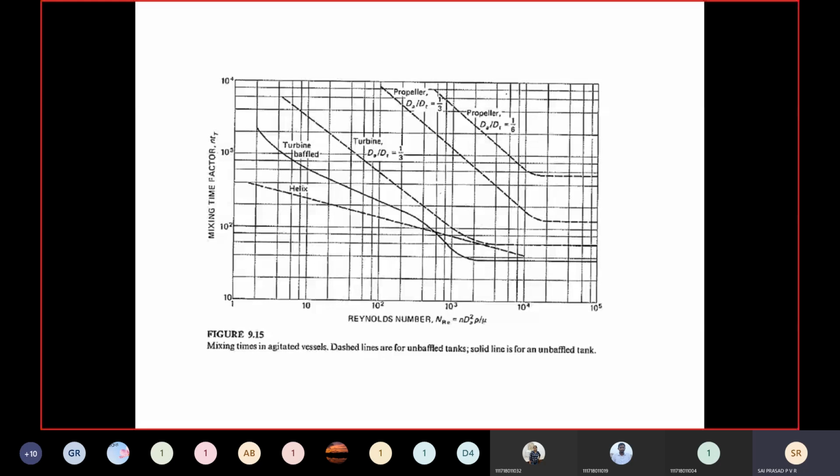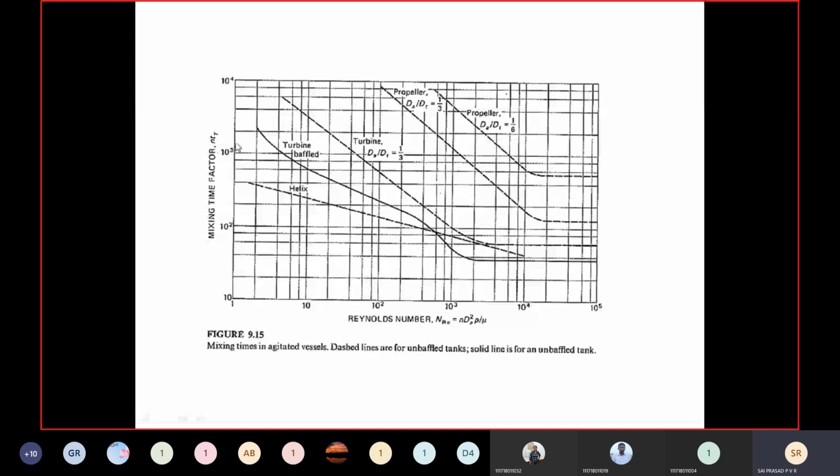We estimated the Reynolds number and then we pointed it out on the x-axis. Say, one example, 10 to the power of 3, 1000. First you identify what your configuration is, this is your propeller, dA by dt. Just mark a line at this point, and from 1000 it goes directly up to the curve. Here is your point, and the reflection of this point gives the value of the mixing time factor. With n given in the process, find Tt. And what is Tt, sir? It is the time taken for mixing or blending two miscible liquids, or whatever the problem states.